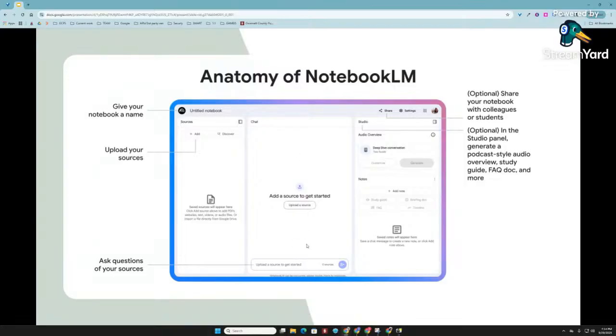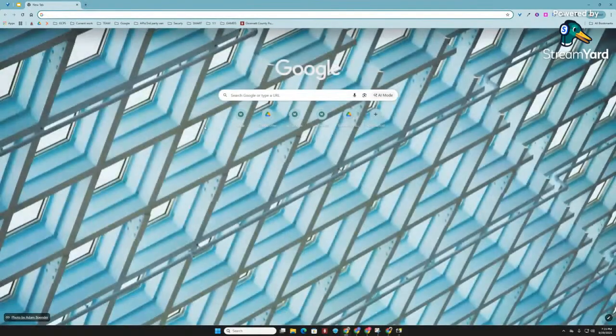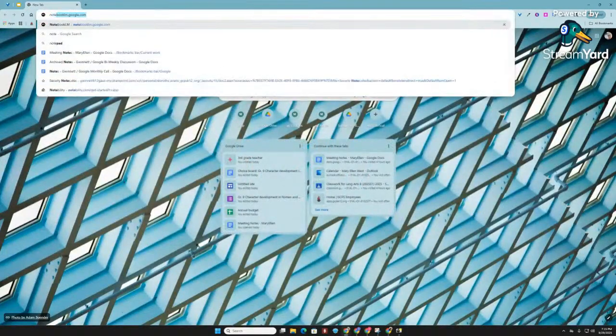This middle section is where you're interacting. So you can ask questions and it's going to pull from all of these sources in order to answer your questions or generate what you ask for. And then on the right-hand side, this is the studio. And this is where some really amazing magic happens, where you can create an audio overview, for example, and all kinds of other amazing things based on your notebook. So I want to show you live because it is just that amazing. So I'm going to go to